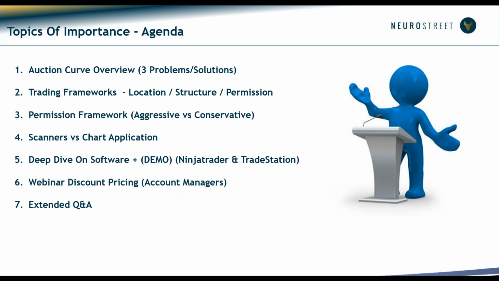So I want to talk a little bit about auction curve theory and understanding location of trades. We're going to talk about using a framework so that you have a rules-based structure around location, structure, and having a permissive action. So what do I mean by permissive action? I mean to determine, are you allowed to take a trade or not? And then we're going to show you how we have a nice fancy application to scan the charts or to scan your scanners to locate those criteria so that you don't have to be looking at a whole bunch of different markets. You could be just scanning for your environment, okay?